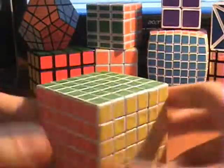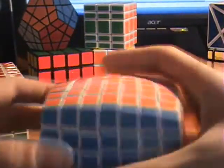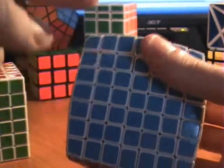But yeah, that's just another way to solve the 6x6. And of course, this way works just the same on a 7x7. Okay, sorry, no. On the 7x7, you don't go 1 layer deeper, but instead of a 3x3, a 3x3, and a 2x2,